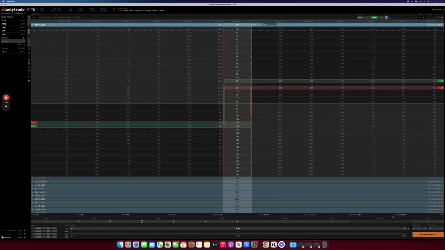However, our buying power has now also reduced to $359 because our buying power requirement is now calculated off of the max loss. And our max loss is calculated from the spread of our strikes, which is $5, minus the premium that we collect, which is $1.41. You multiply that out by the contract multiplier, which is 100 for equities, and you get your max loss. Your broker knows what your max loss is, and so it only needs to hold that much in buying power to cover you in the worst case scenario. And so that's how you can manipulate a naked position and make it into a covered position and reduce your